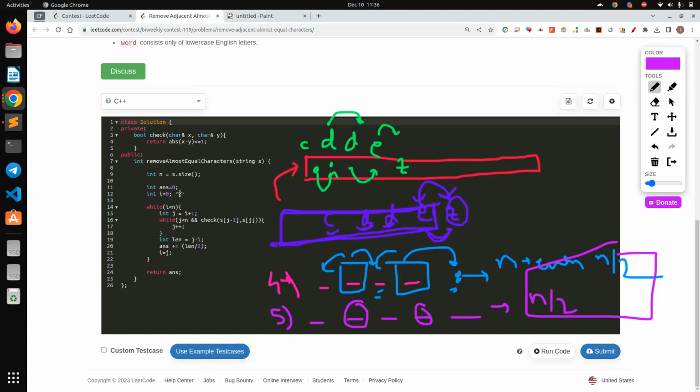So what did I do? This is my implementation. I maintained a pointer i, and I maintained a second pointer j, which would be starting from i plus one, and I would